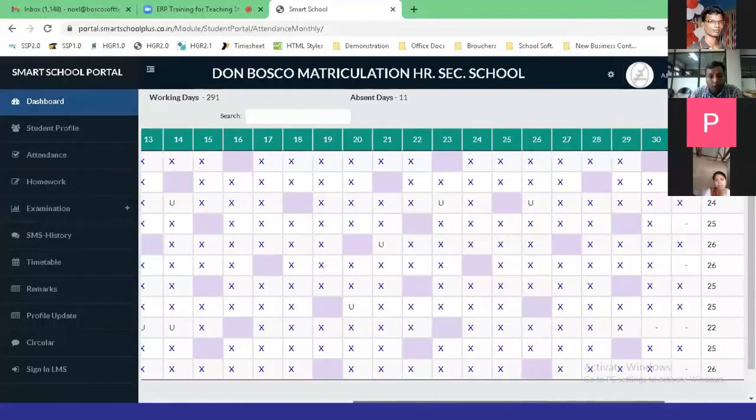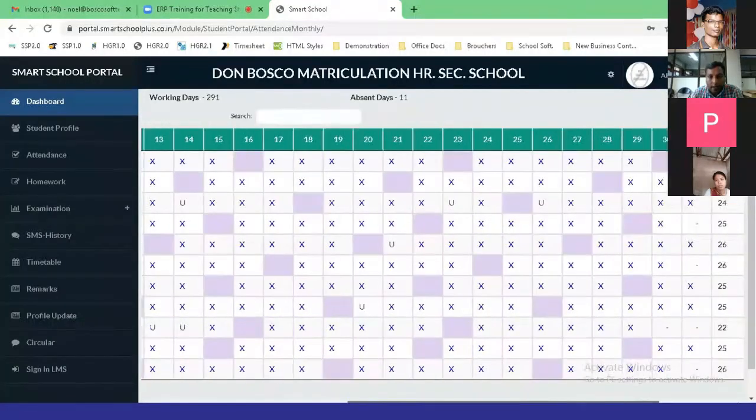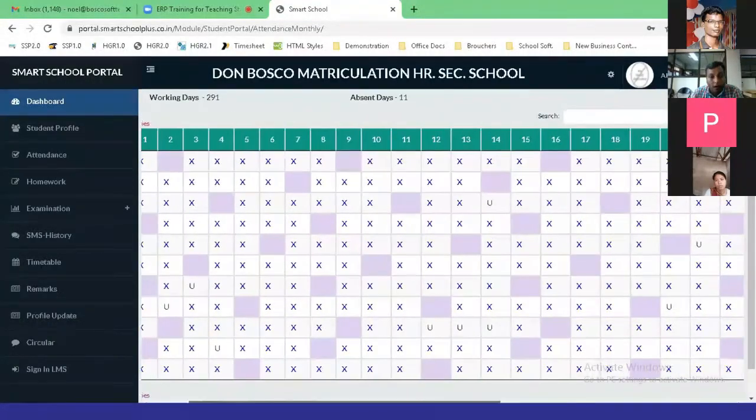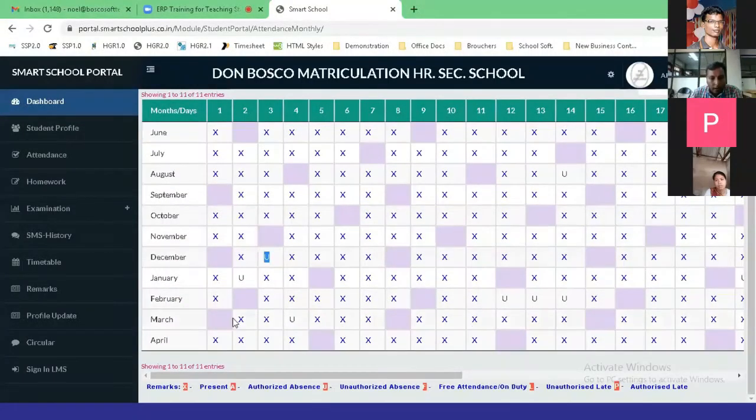And without notification, or if there is some kind of leave that they have taken, it is calculated here. And also if they are going on duty for different schools based on some tournaments or zonal events, you can even mark that as OD, on duty, and it can be displayed here month wise. So this is about the attendance.